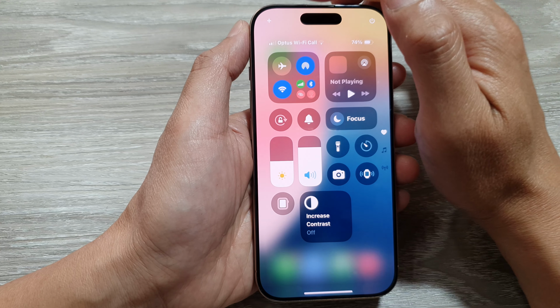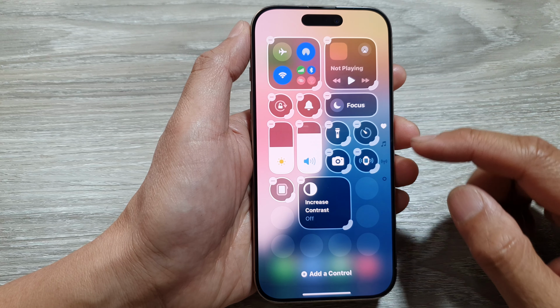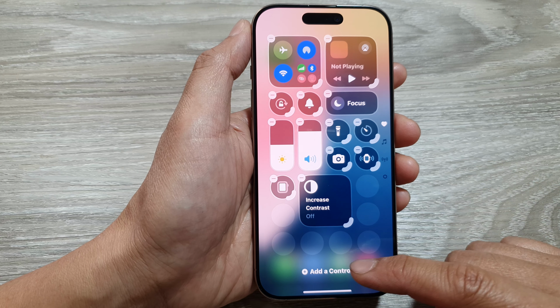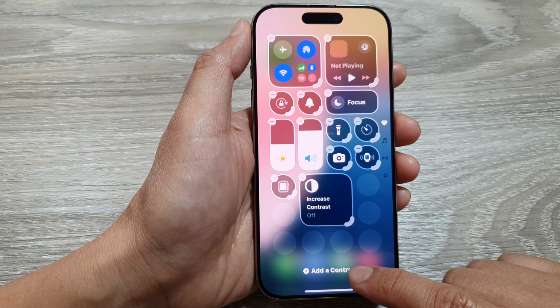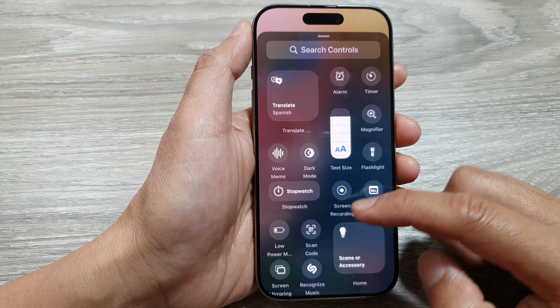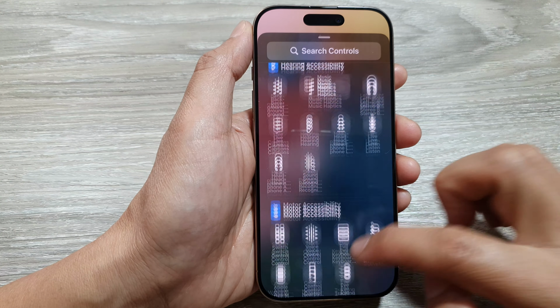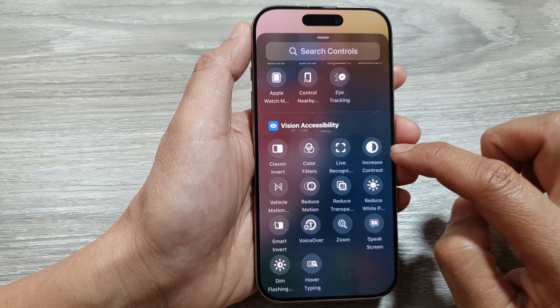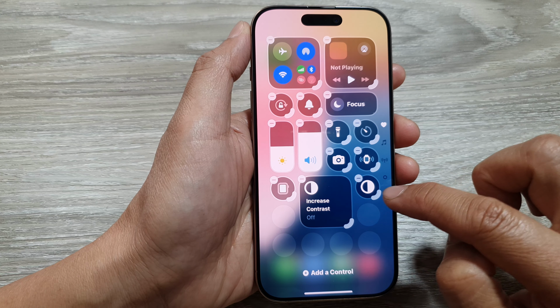Next, we go to the top and tap on the add button. And in the control center, you want to go down and tap on add a control. Now in here, scroll down to the bottom and then tap on increase contrast, and that will get added to